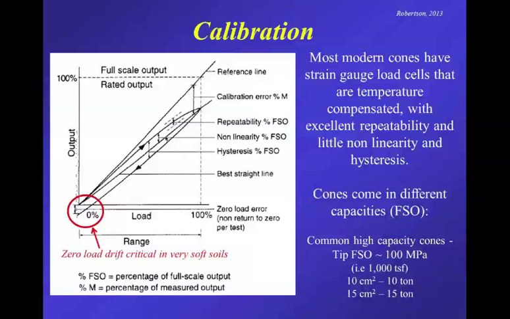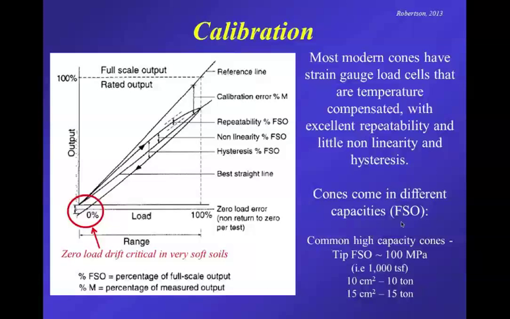But of course most modern cones, they're strain gauge load cells, they're temperature compensated, and they often have excellent repeatability with very little nonlinearity and hysteresis. So basically you get this beautiful, pretty well close to a straight line with very little nonlinearity error. But the big issue is this zero load drift, is that when you load the cone up and bring it back to zero load again, the output may not come to exactly zero output. And so there's a small drift in the strain gauge output,